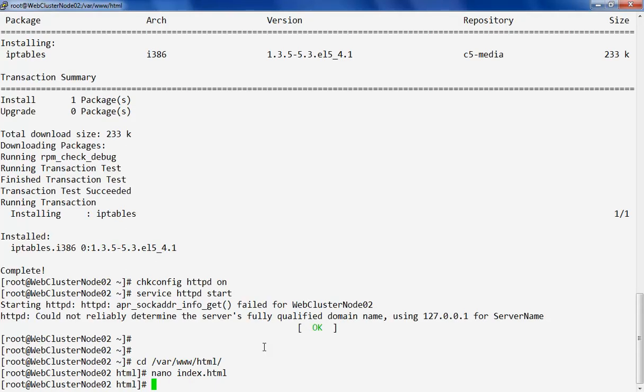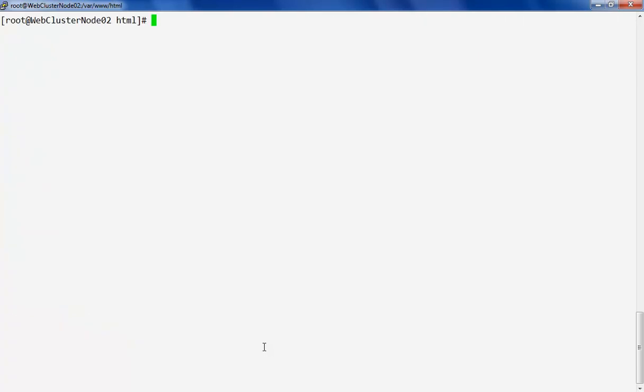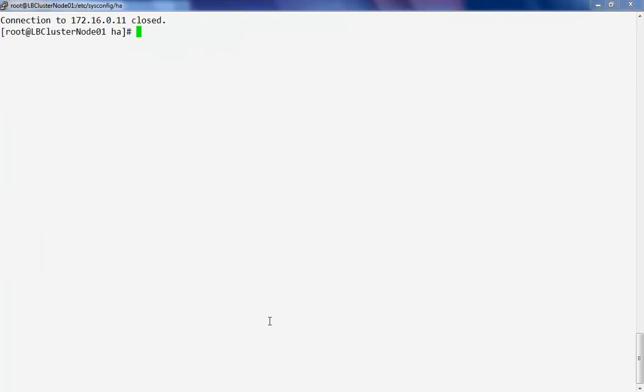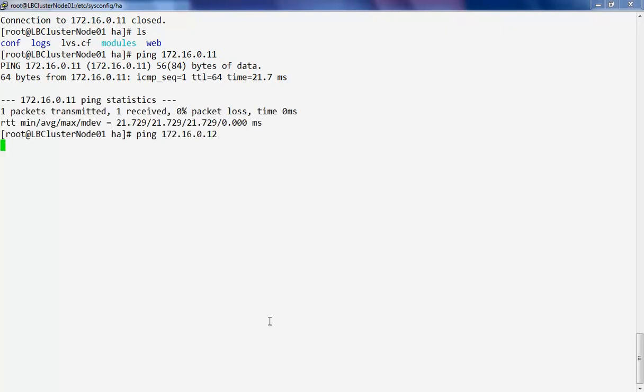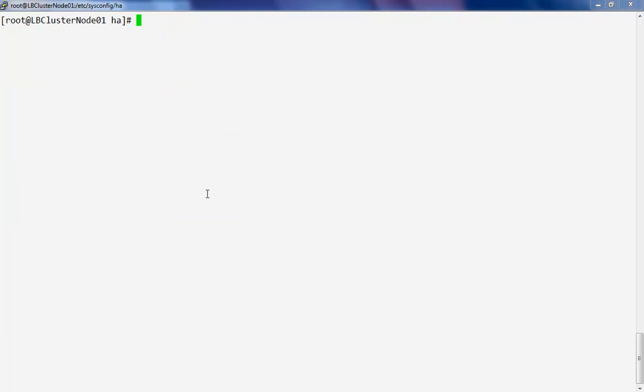This is just so that we can test from our configuration file here. So I think this is basically all we need to do here. To close the connection, we have 2 sessions already. Another thing we could do here is just ping the servers to make sure we can reach them. So here we can ping the first web server, and then we can ping the second web server as well, which is good. Now that we've done that, we know that the IP address of the cluster controller